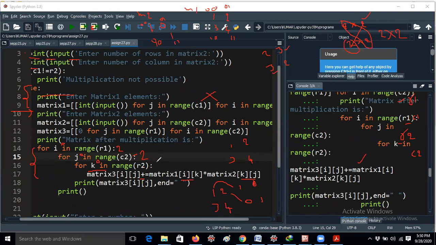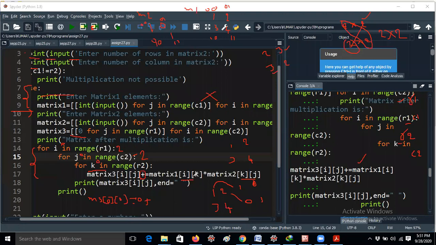Okay. So let me explain, guys, how it will work. Now I am taking M3, matrix 3 is M3. I value is 0 and j value is 0. And M3 of 0 0 plus. That means I have already given M3 of 0 0 is initially 0. M3 of 0 0 plus. Once again I am telling, here plus equal to is there. This means M3 of ij equal to M3 of ij plus. So M3 of ij value is 0. That's the reason I am taking it like this.